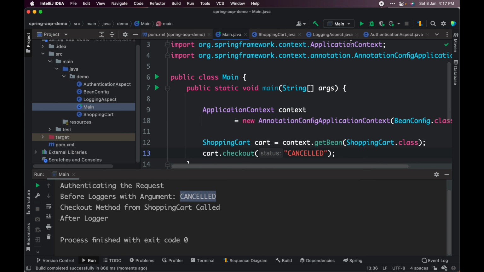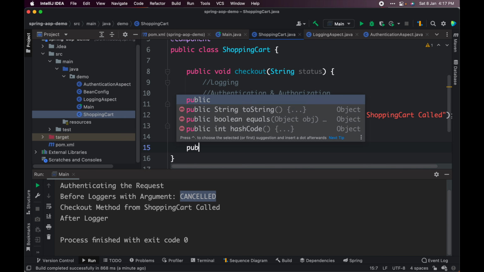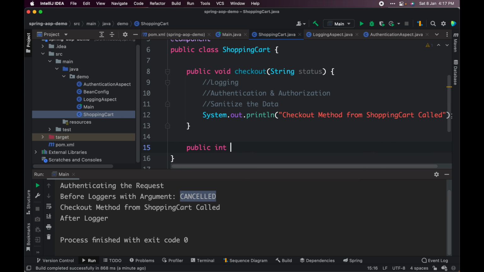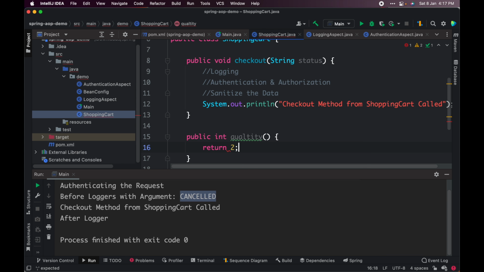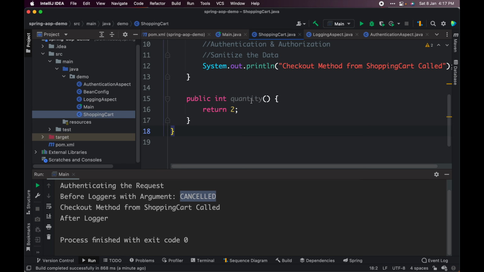What is the return type? So let me change a method. Let me add a method. Okay, public int quantity. I've just created a simple method which defines the quantity and it's returning value 2.